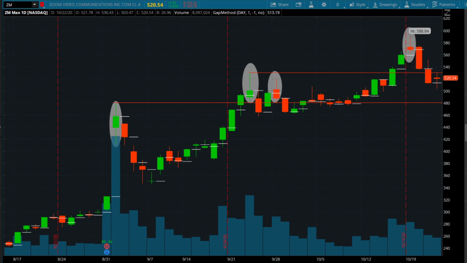All right, traders, today I'm going to be showing you a trading example on Zoom stock. This is going to show you how you can capture trends, pull these trends right out of the stock chart, and then use that to your advantage to trade price action. As you know, history tends to repeat itself, and I'm going to show you some patterns, some technical analysis, some strategies, and how you can trade price action to your advantage in the stock market so you can consistently make